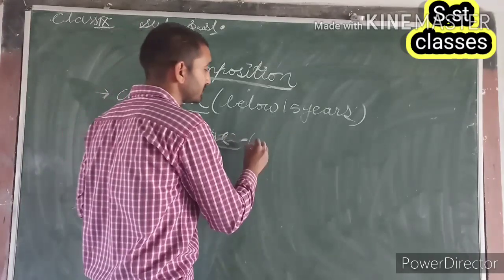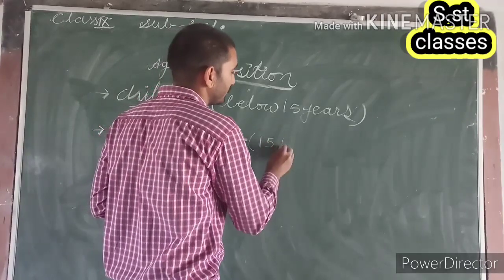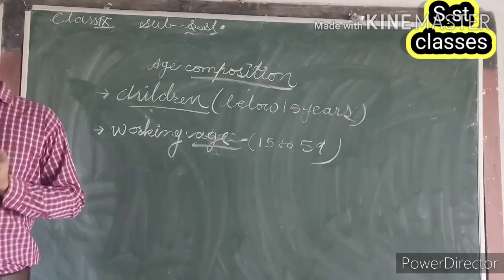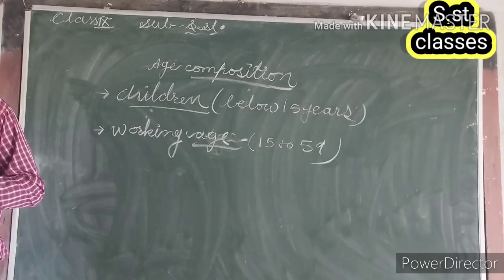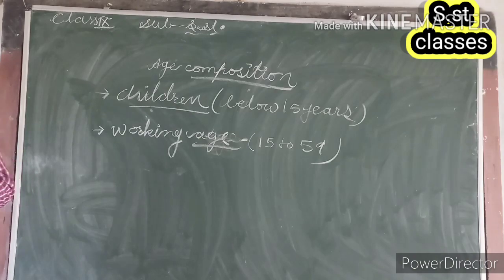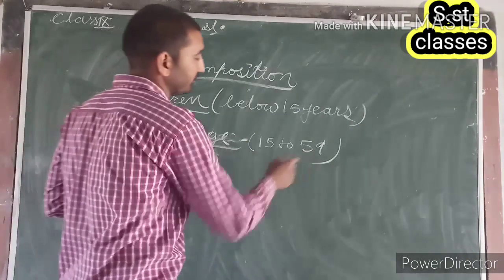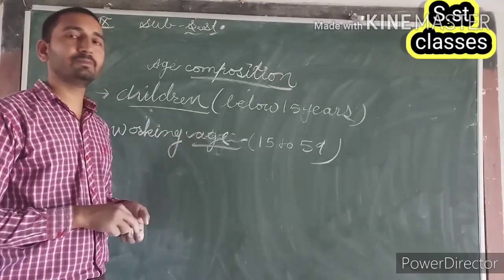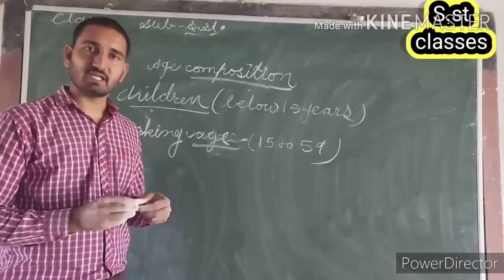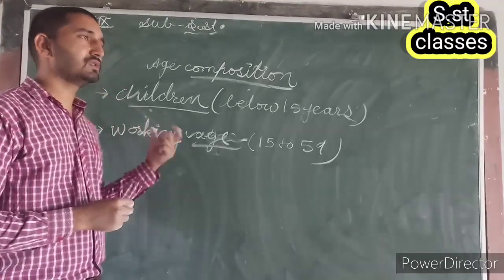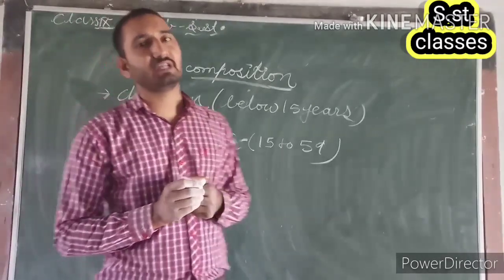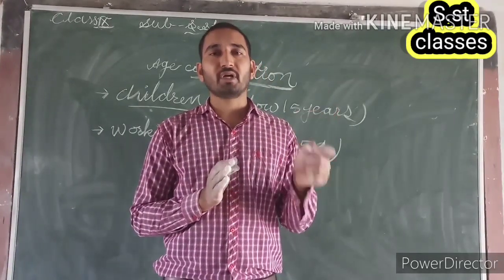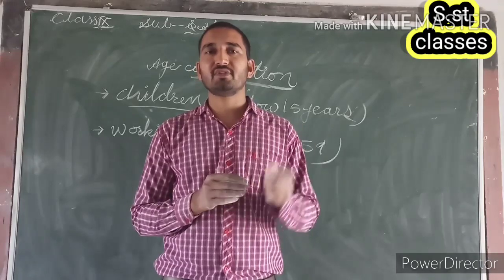Okay, and this group is generally between 15 to 59 years of age. It means all the persons from 15 to 59 years of age are included in the working age group of the population of a country, and this is the most important part of the population. This is the productive part of the population of a country, which gives their production,